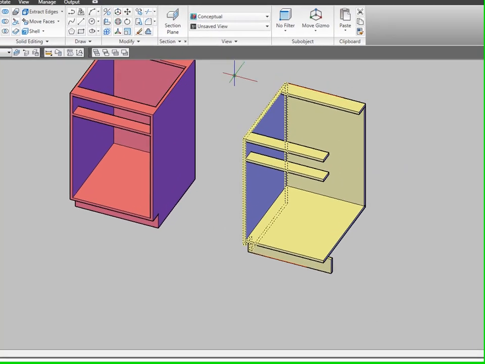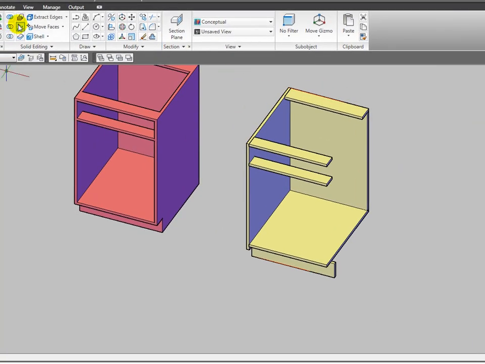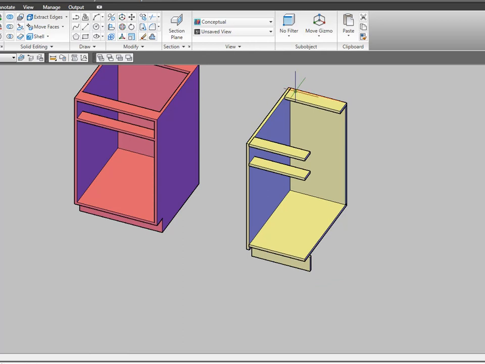The reason I created those reference lines is I want to slice this in half, or not quite in half, but at least at 14 3/4. So pick the end of that point, the end of that point, and you can see what I have now is a half a cabinet, which is 14